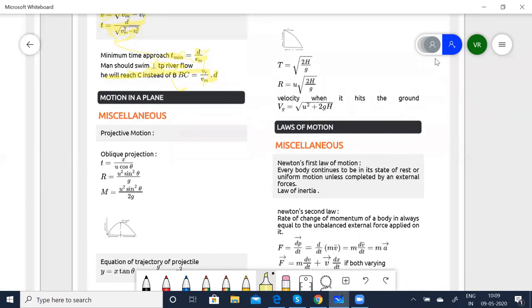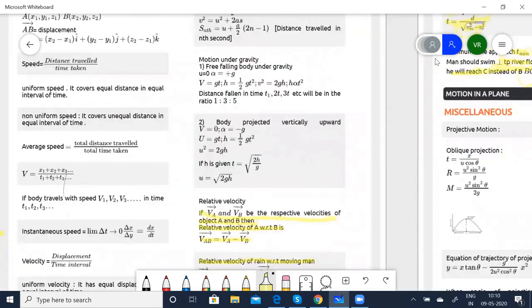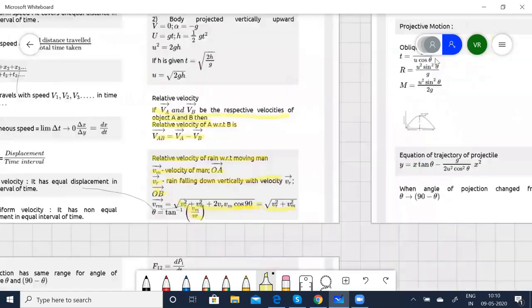Before that, let me go about the vectors. Here we need to know about the scalar quantity. I mean, we already saw the scalar quantity and the vector quantity. Now let us go with the multiplication. So when I talk about the addition and subtraction of vectors, let me go here.